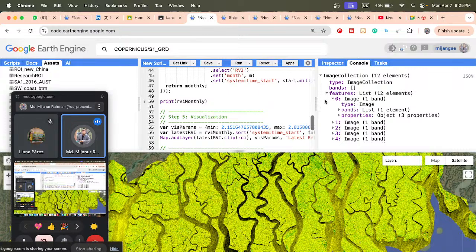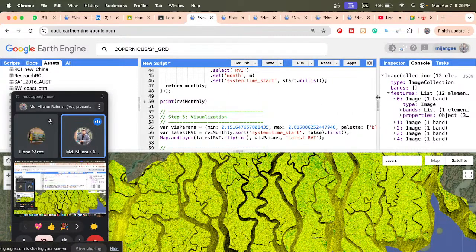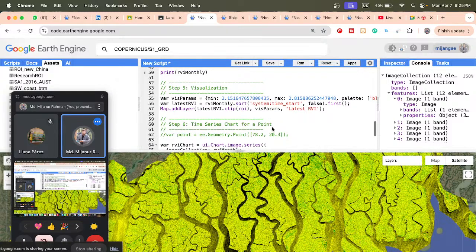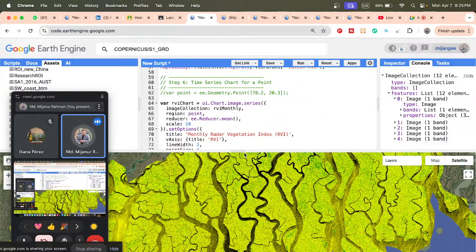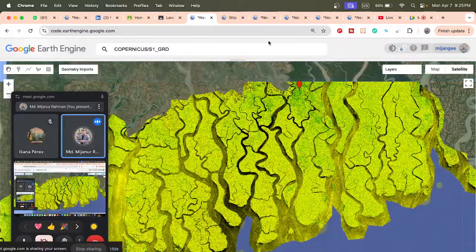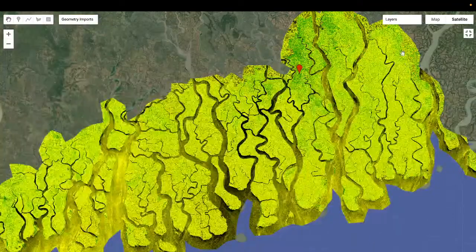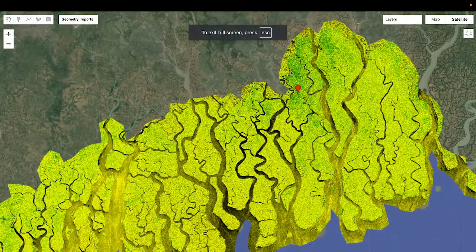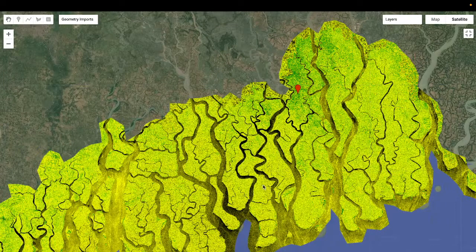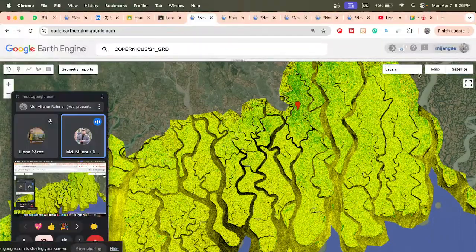Further we try to visualize this type of thing. You can see just add the visualization, and then we just try to do this, and then we can find out this type of map. When I add the layer, we can find out this type of map. Okay, so basically this type of green color indicates high dense vegetation, then this type of black color is other things. Okay, there are barren lands, you can see this is the barren land and other things. So you can also get a better result when you are stretching it. Just I click,